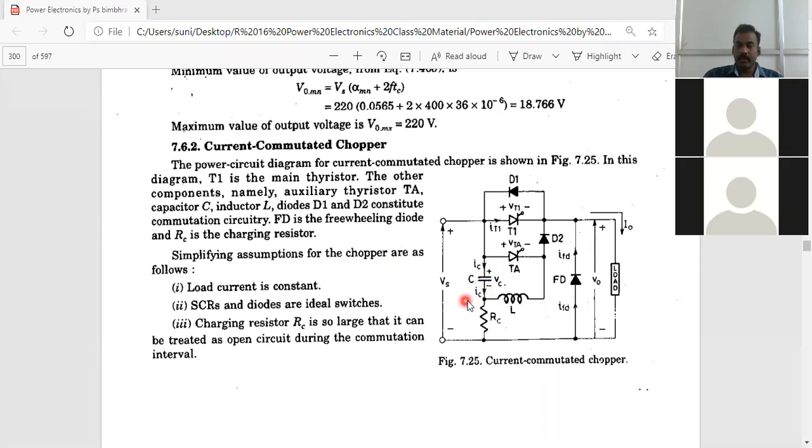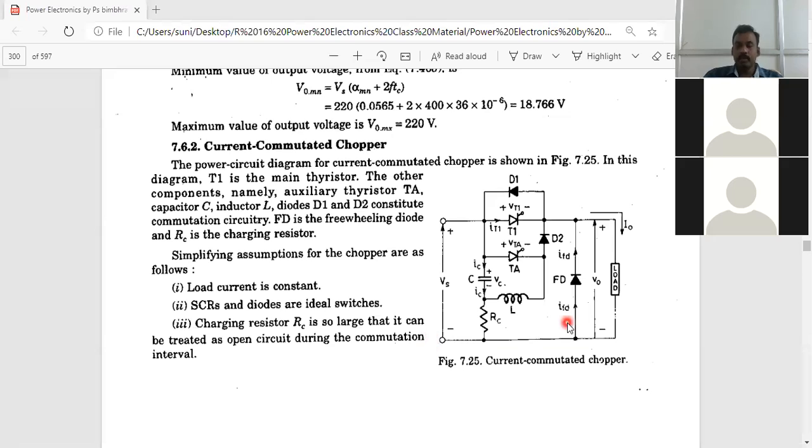Okay, so after that the operation starts by the conduction provided for this main thyristor T1. Whenever the main thyristor T1 is provided with conduction, the current conduction is going to be provided from positive through this T1 and this load to negative. That is the normal current conduction. So as this is turned on, you only have current conduction provided by this supply.